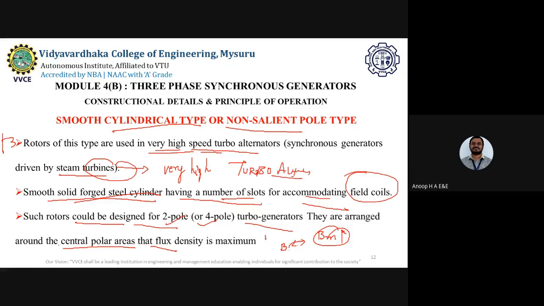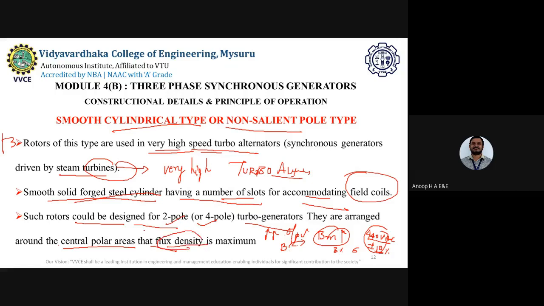So once you have the higher magnetic lines of force, you will have a higher output voltage produced. When I say it is 440 volt AC, it is said to have a plus or minus 10% variation. So in order to reduce this variation to 5% or 3%, the maximum flux lines should link the coil. All right.